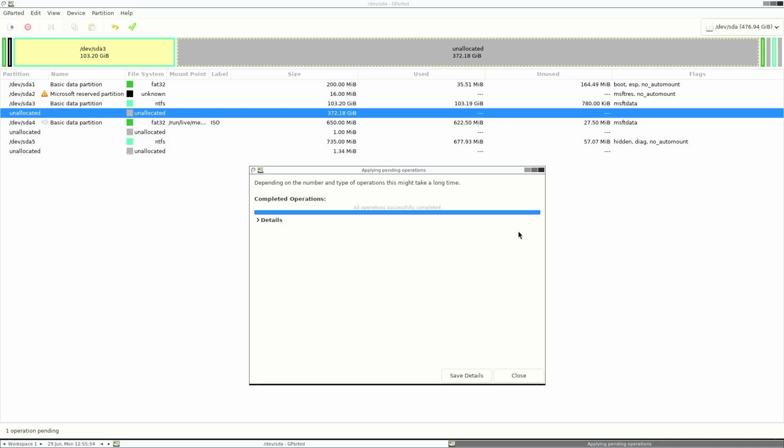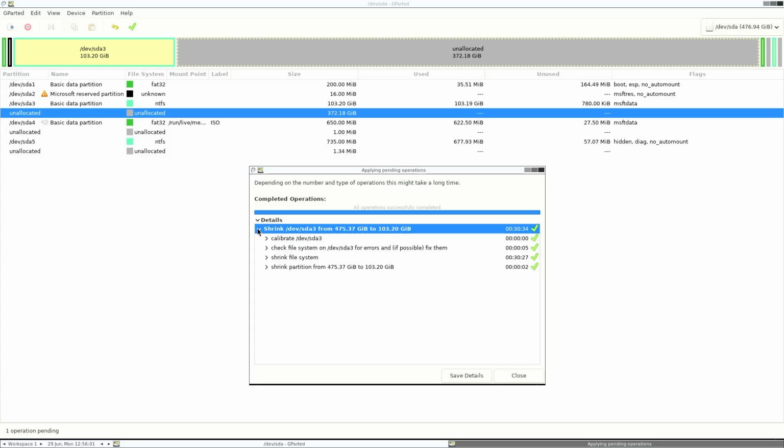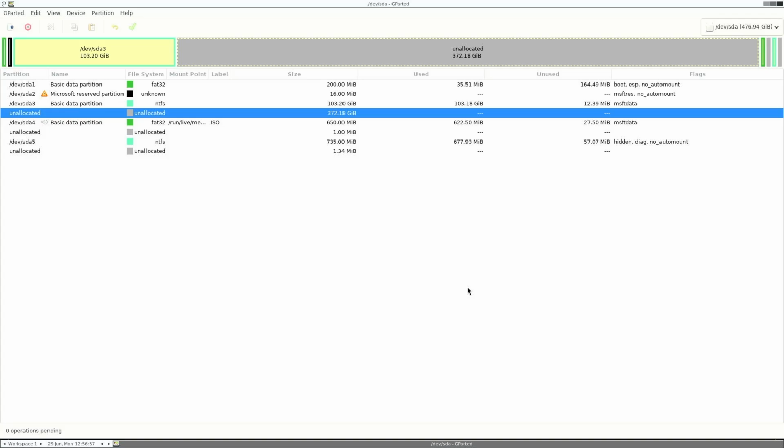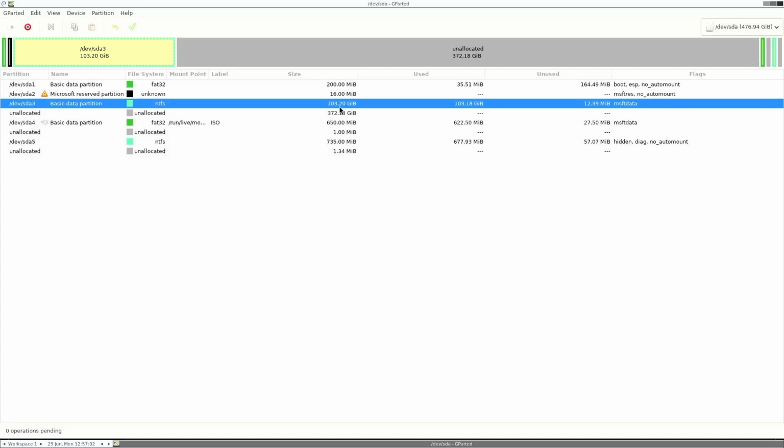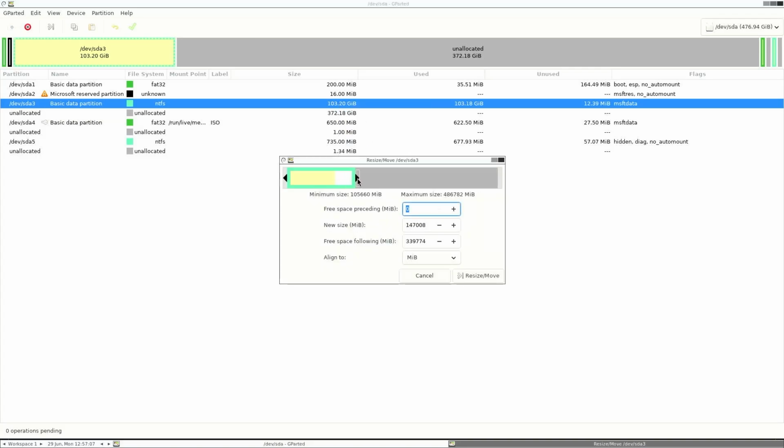All right, it has completed. If I go to details and expand, we can see here that it took 30 minutes to complete, and it did a calibration, then it checked the file system, and then it shrank the file system. I'm going to hit close. Now I'm going to resize again, but in the opposite direction, and this won't take that long. Selecting my C drive again, /dev/sda3, right click, resize/move, and drag the slider to use all the space, resize/move,